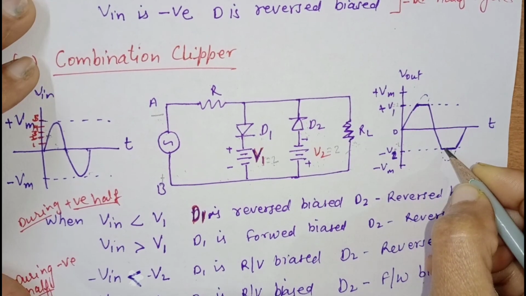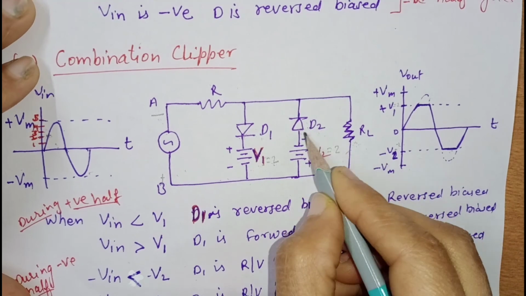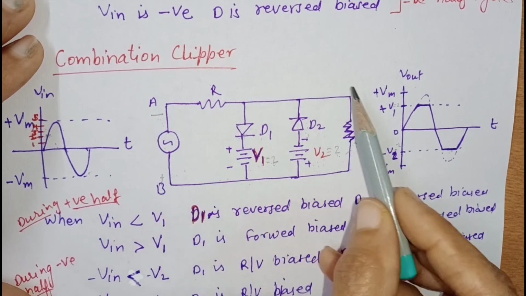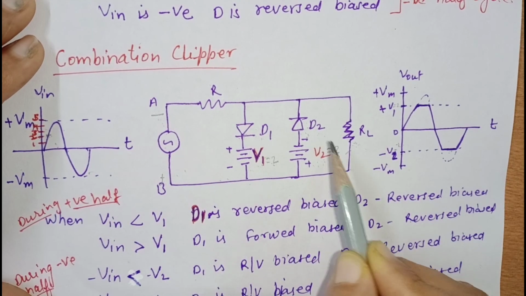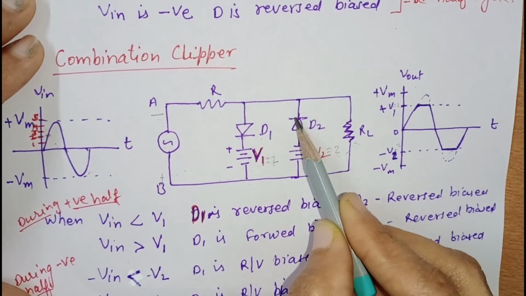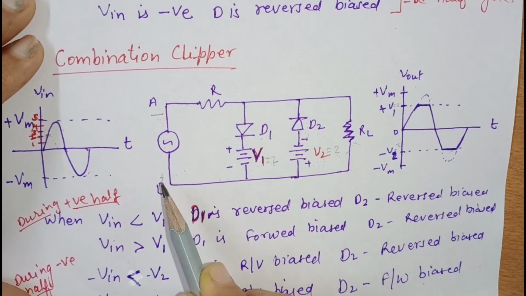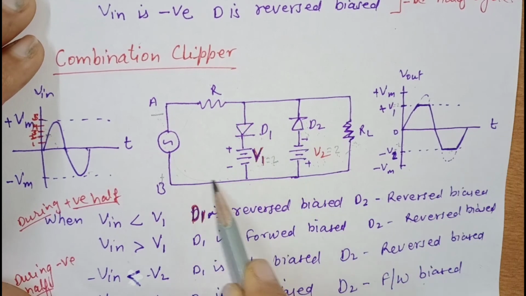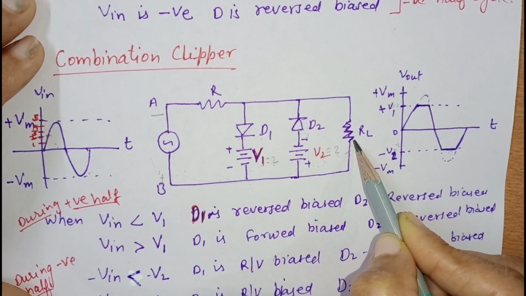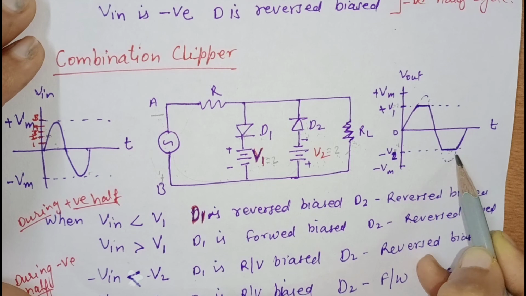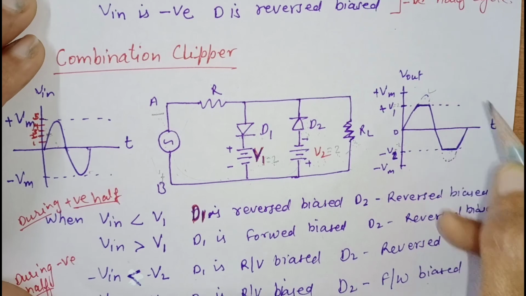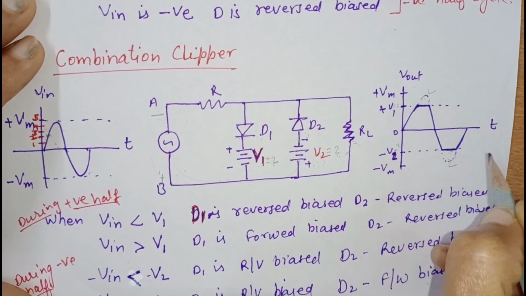So we will get output until this diode is reverse biased. When this input negative voltage becomes greater than this V2, this diode becomes forward biased. As this becomes forward biased, this diode acts like a closed switch and the current will follow this path in this direction. So there will be no current, so no voltage drop in RL. So we will get no output in this case. So the wave is clipped off from the top side in both the positive half and the negative half.